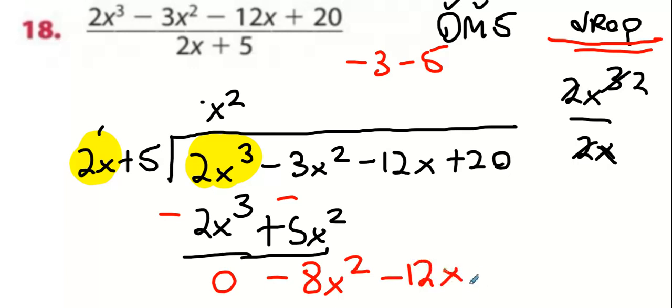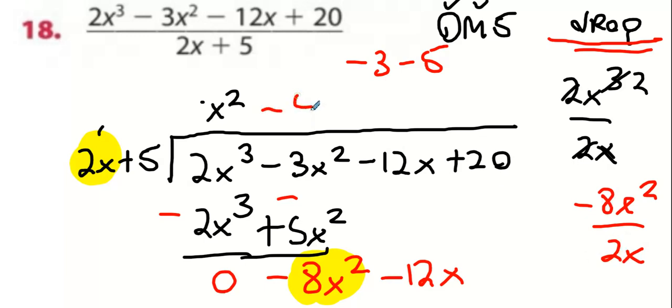Minus 12x. Okay. I redo my targeting. What am I targeting this time? What am I targeting with? And how quickly does it divide? How much does it divide in? You multiplied. We're talking division. So what's 8 divided by 2? Well, it's a minus 8, so it's minus 4. And x squared divides by x. So you get,